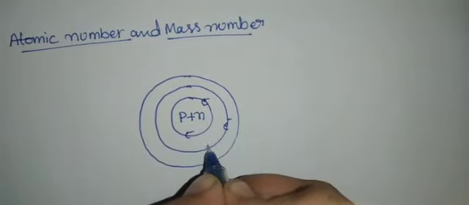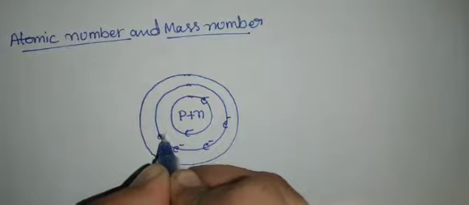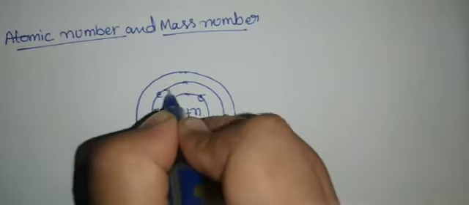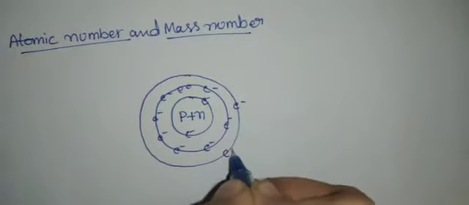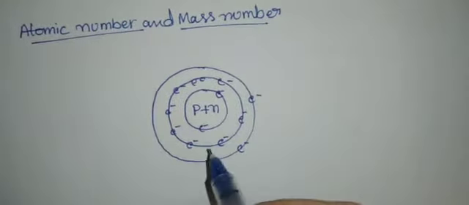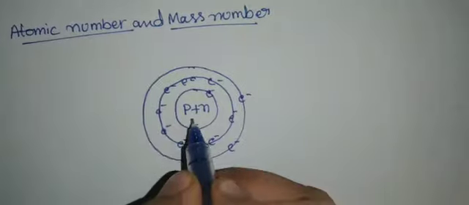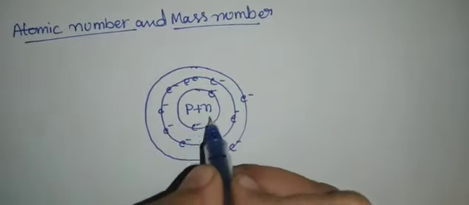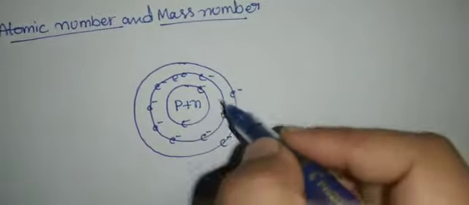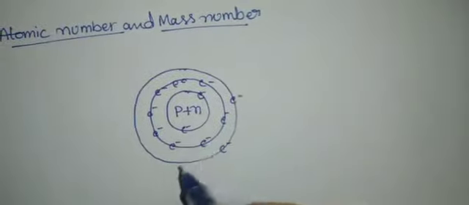So here 8 electrons, and so just take it as example. This is the structure of atom. So protons and neutrons are present in an atomic nucleus, and the electrons revolve around the nucleus in